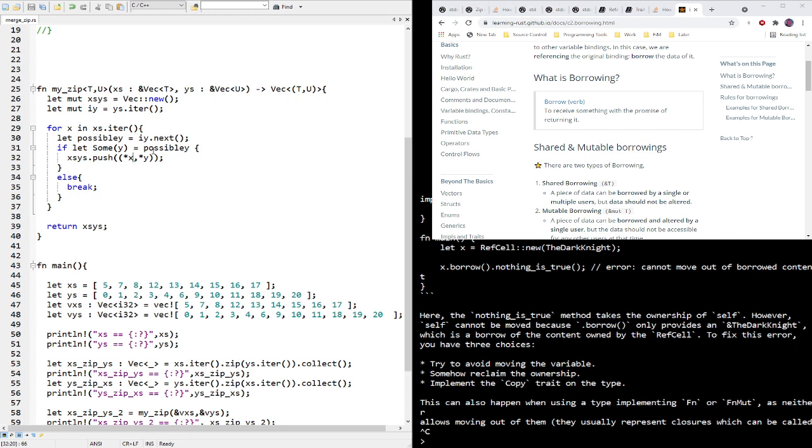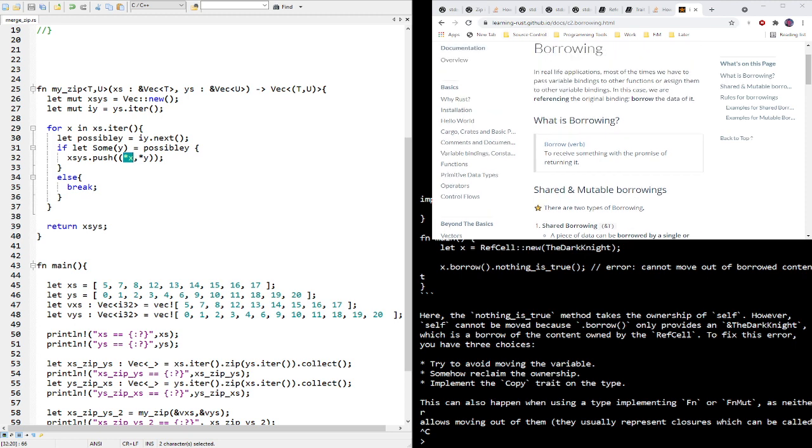One possibility is to make X clonable, and I do want to build up a new object from the old object. I'm not trying to do anything clever, like build up a collection of references to somebody else's data. This needs to live in and of itself. So X does have to be clonable. The individual items coming out of here do have to be clonable. If I dereference a borrow,